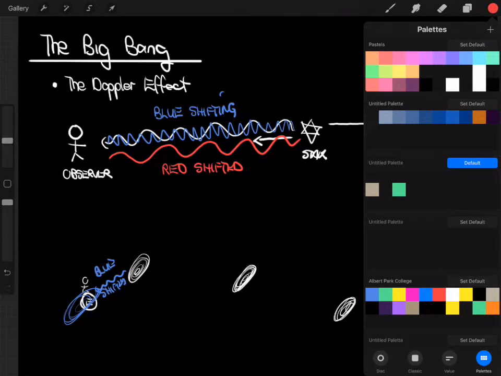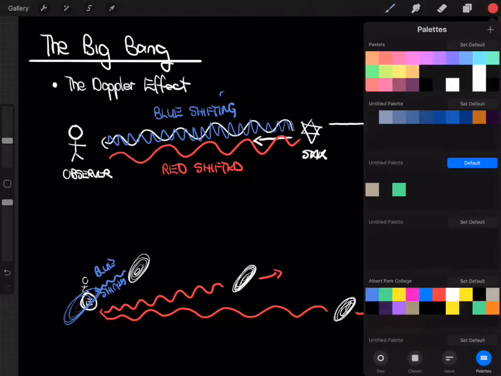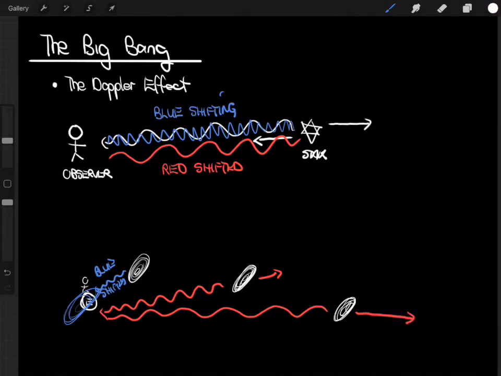More distant galaxies, Hubble found, were redshifted, which meant they must have been moving away from us. And the ones that were even further away were redshifted even more. They were stretched even further. So they must have been moving away even faster. And so Hubble basically concluded that a lot of these galaxies out here are actually moving away from us. And he found this in all these galaxies looking in all these different directions. So he realized that the universe is expanding.